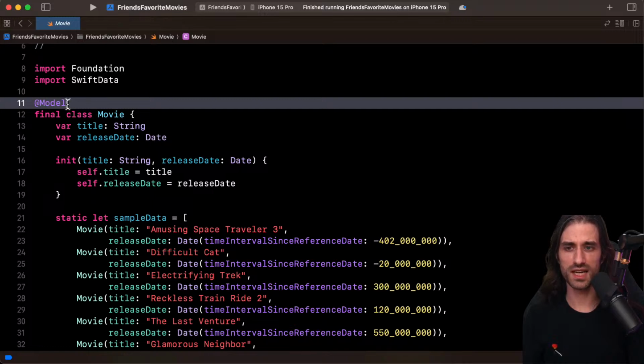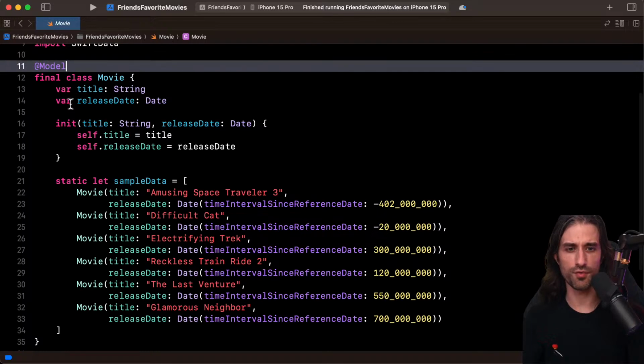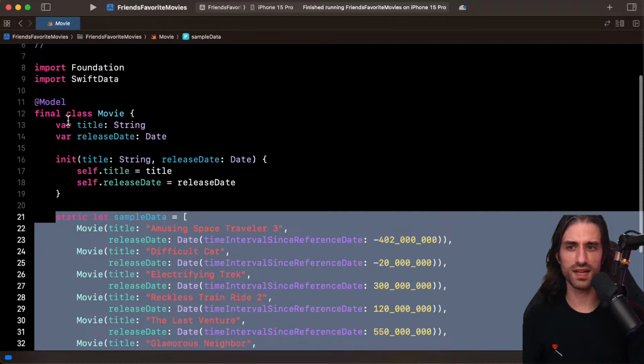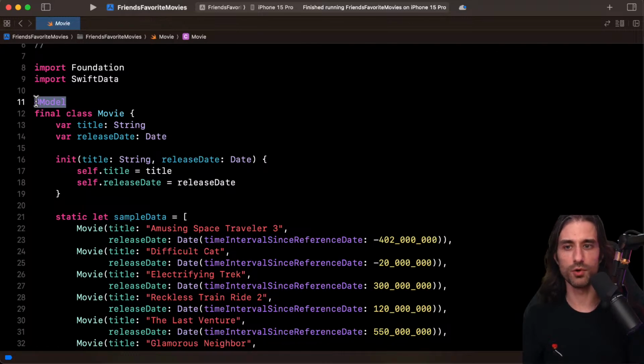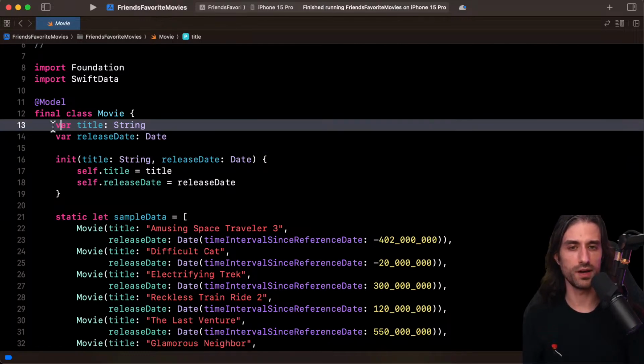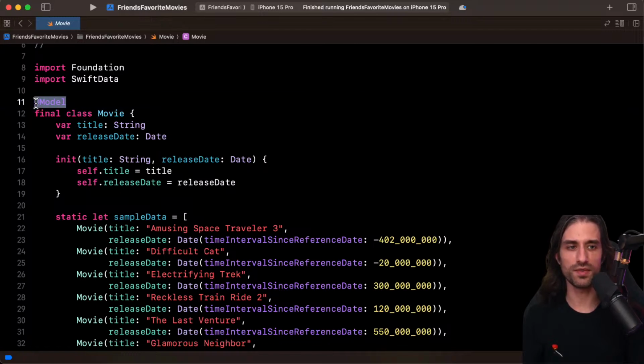So the model is declared as a Swift Data model thanks to the @Model macro. I'm doing a bit of a recap of what we did last time, basically. And here we have some sample data in the static property, but you can see that if we just abstract over the @Model, the way we declare the model is similar to how we would declare data that is parsed from a web service. For instance, we have properties. They are vars here because we allow them to be updated, but they could still be let constants if we didn't want them to be updated. And the only differences are that what would be a struct when decoding data from a web service is here a class, and it's annotated with @Model.